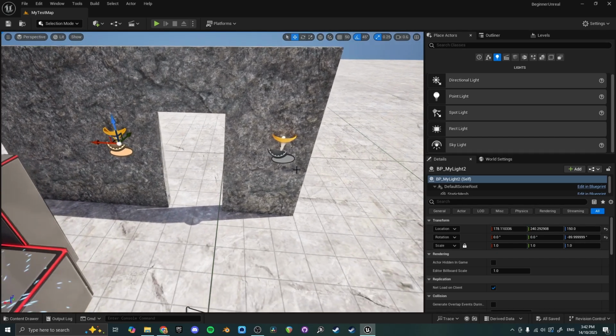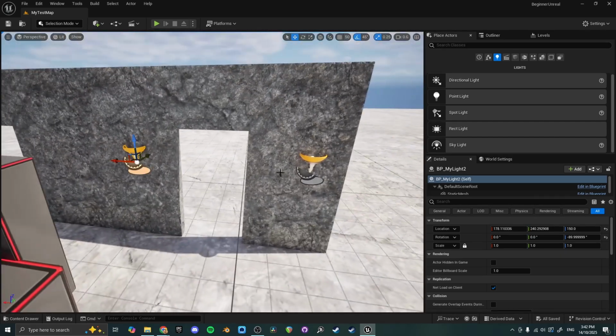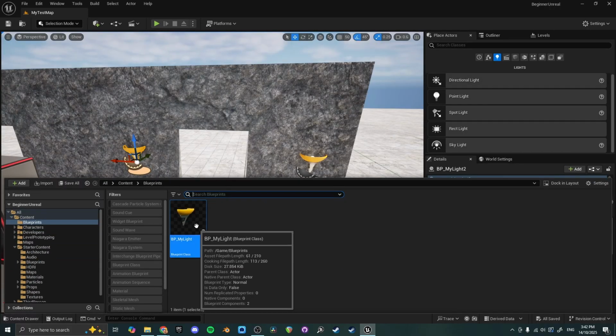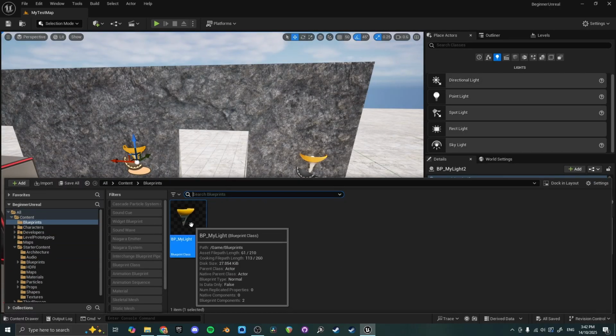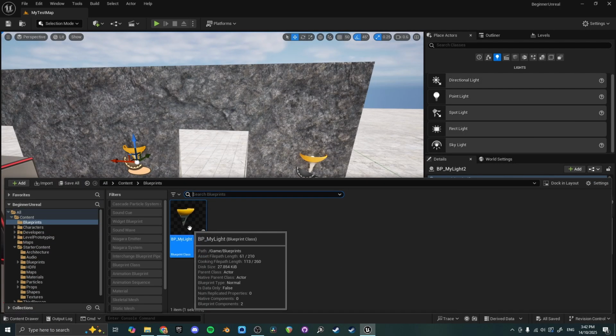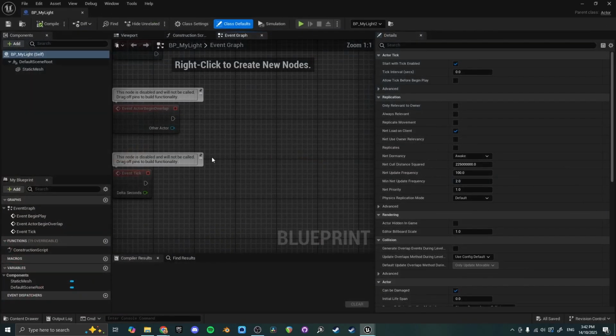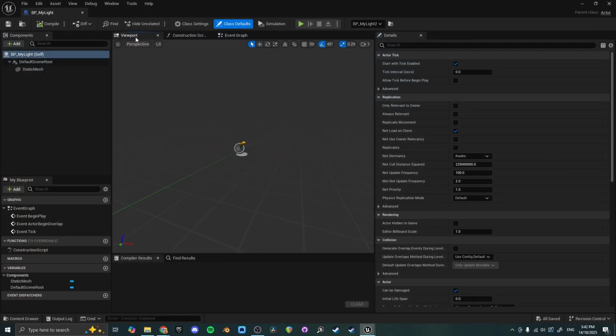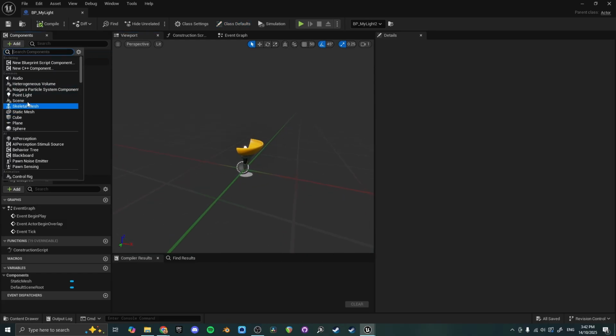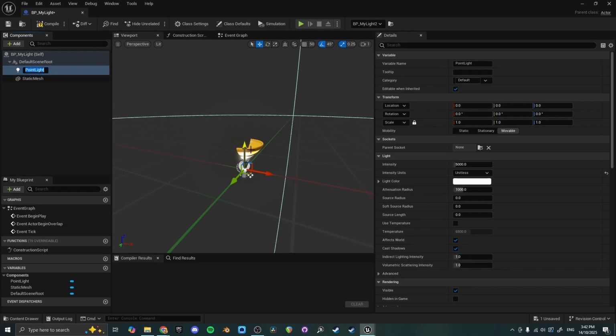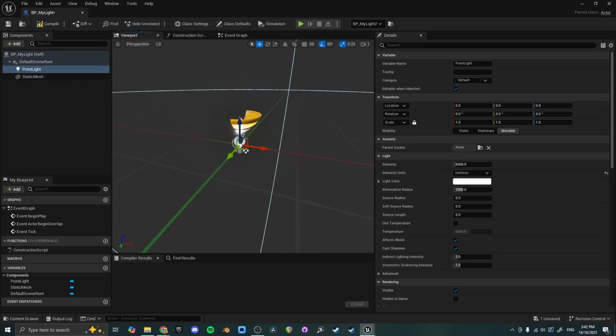Now that we've got two of these, if we edit them in the blueprint, so I'll open up the blueprint again, BP underscore my light, pressing Control space to open the content browser and then double clicking this to open it up. If we go to the viewport up here, there's a few different tabs, but click on the viewport so you can see it. And then if we click add and go point light, you can see we've got an actual light source in here now. So I'm just going to drag that up a little bit so that it looks like it's coming